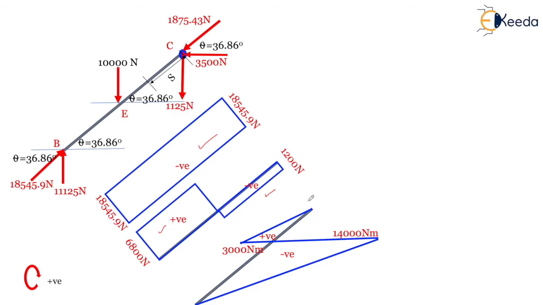And the bending moment, when we start plotting bending moment, at this particular point, because it is a hinge, we are getting zero bending moment here. Then we got that our bending moment is varying from 3000 newton at this point to 14,000 newton meter. So for the slanting member, this is our bending moment diagram, this is our shear force diagram, and this is our axial force diagram.